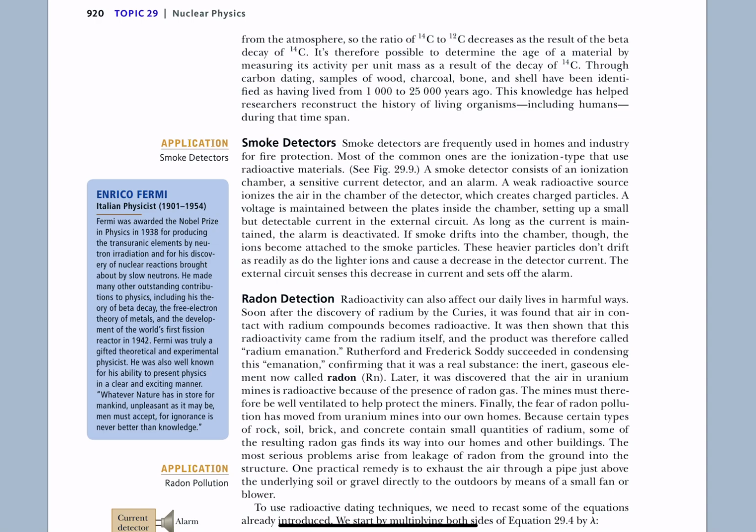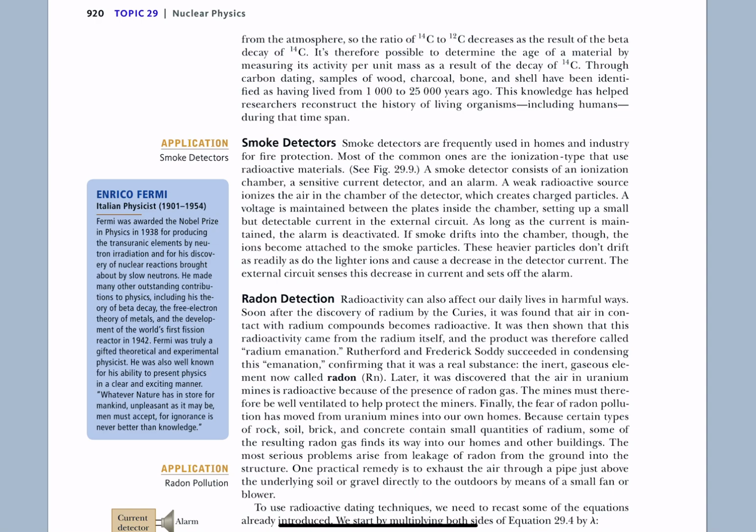Now, some other applications. Smoke detectors. A smoke detector typically has a little piece of americium in it. And in this chamber where the americium is, as it shoots off some alpha particles, you have these charged particles in this space where you have 2 electrodes connected to a circuit, and the charged particles complete the circuit. And as long as your circuit is